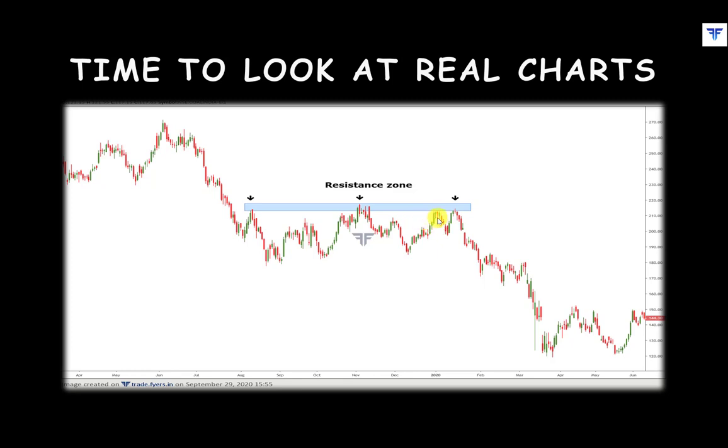See that eventually the buyers seemed exhausted due to the repeated failure on their part to take the price above this barrier. Eventually, sellers started taking control of the price from the buyers, causing the price to fall steadily over the next several candles.